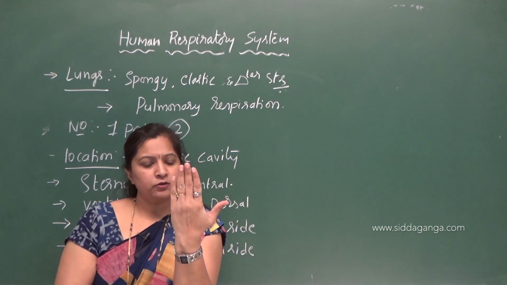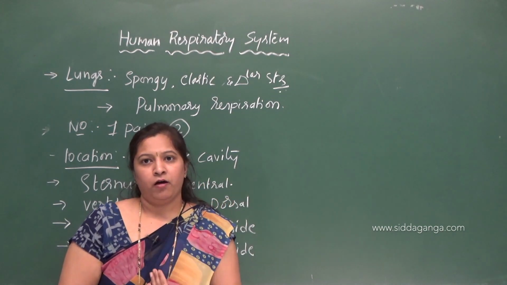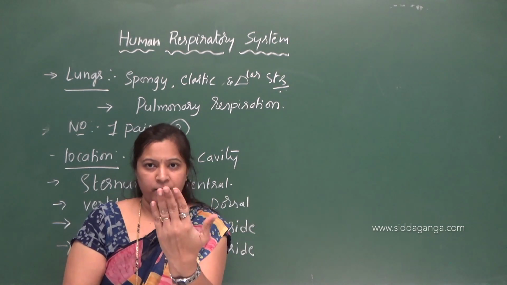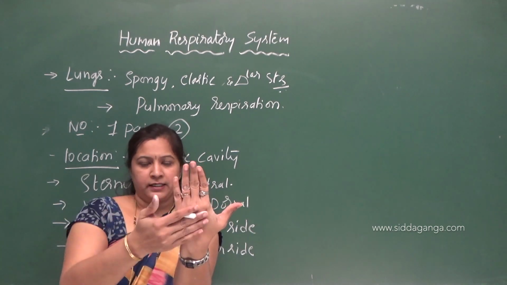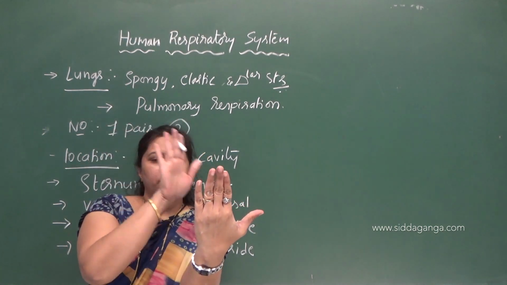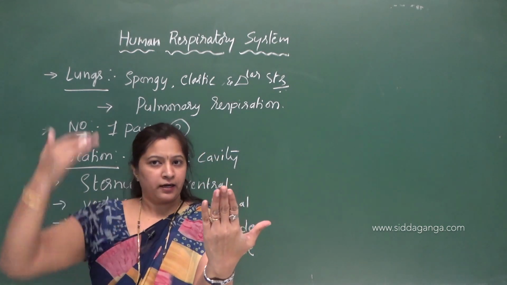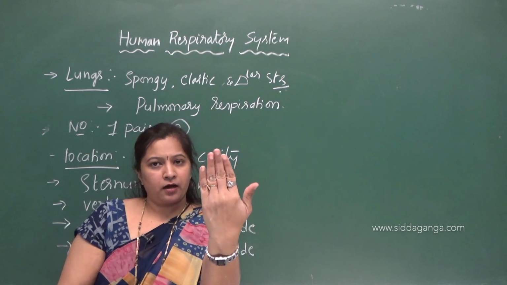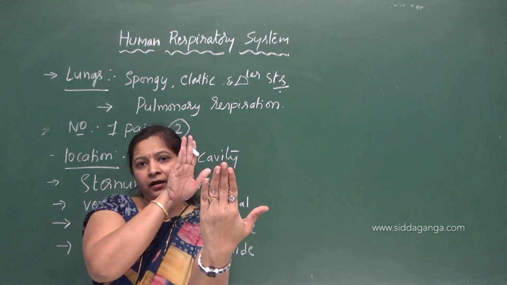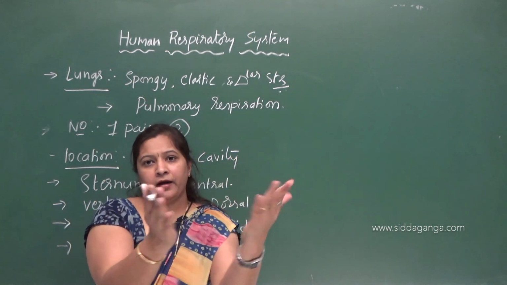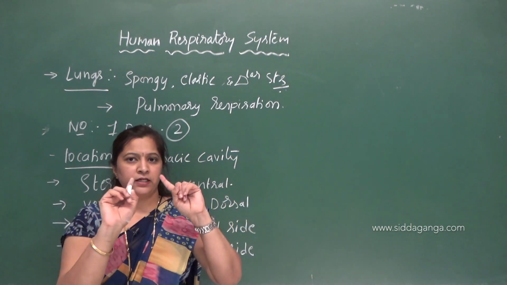Okay. So what is sternum? Sternum is the breastbone, which is located in the center of the chest cavity. So that forms the front part of the thoracic cavity, and on the back side there is a vertebral column. This is ventral, and this is dorsal. So what is there on the ventral side? Sternum. And what is there on the dorsal side? Vertebral column. And on the lateral side it is by ribs.